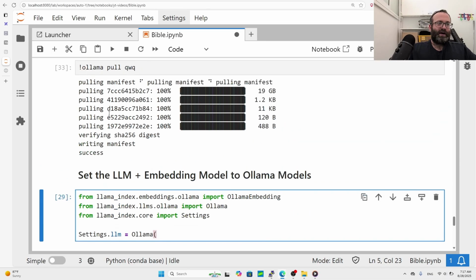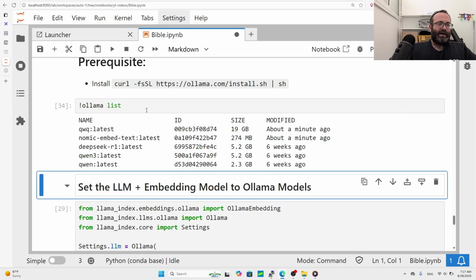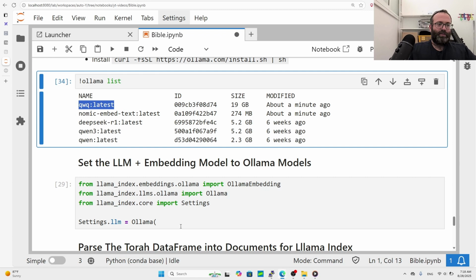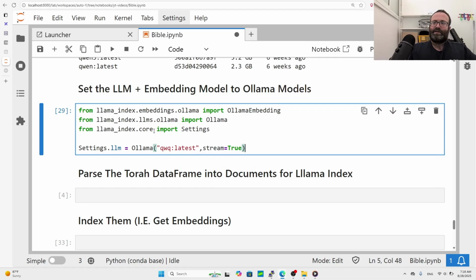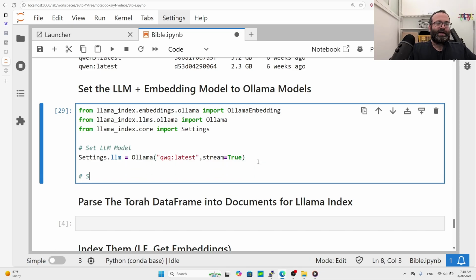Remember when I did ollama list, I wanted the QwQ. Let's use the full name, qwq:latest. I think you need to use the full name or it doesn't work. Use stream equals True because we're going to stream things. So this is the LLM. So I should comment: set LLM model. Okay, and then we're going to set